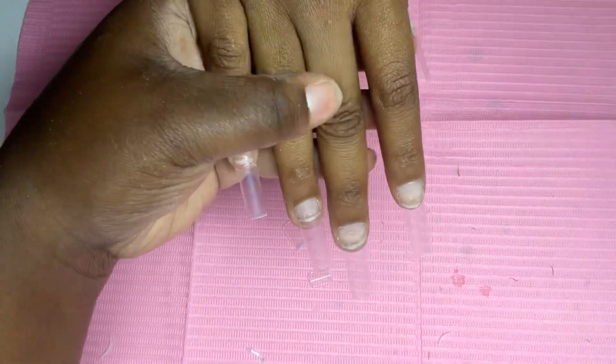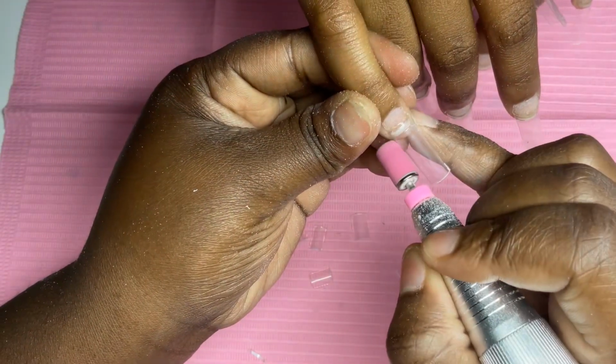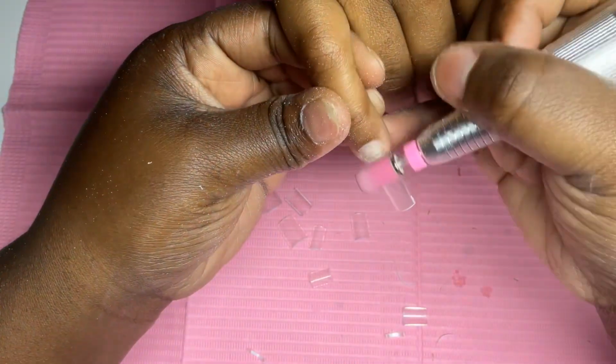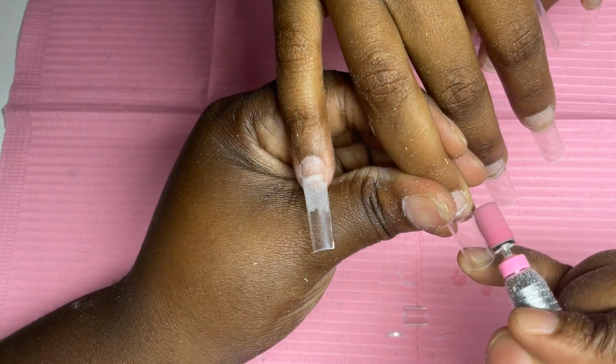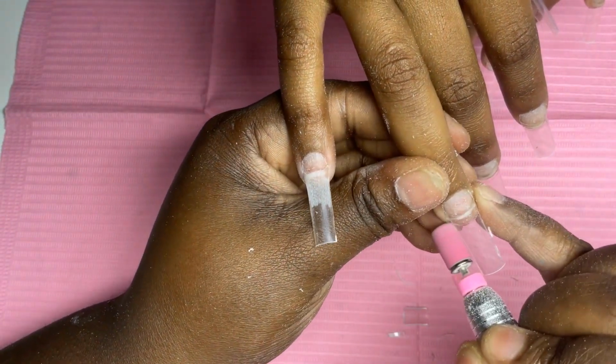But now I'm going to use my same sanding bit and just blend out the sides of the nails, and then I'm going to blend out the nail tip so that when I lay that acrylic, it's going to look very natural. And me blending out the sides of the nail